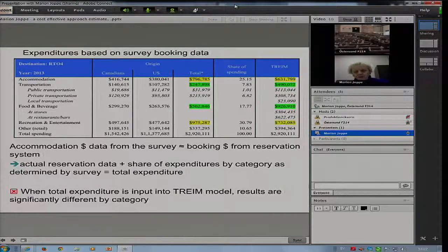The other area that is seriously overestimated is food and beverage. It's almost twice what it actually turns out to be. So just looking at some of this information, we found that these categories were really significantly different and skewed the picture that was being painted for the region. Now, we then took this information,